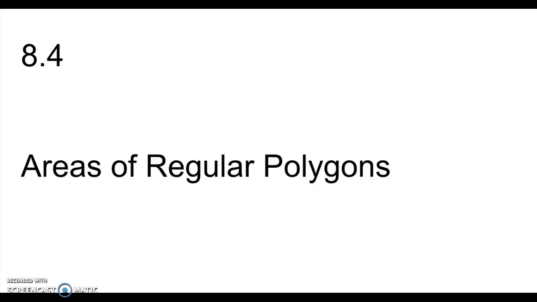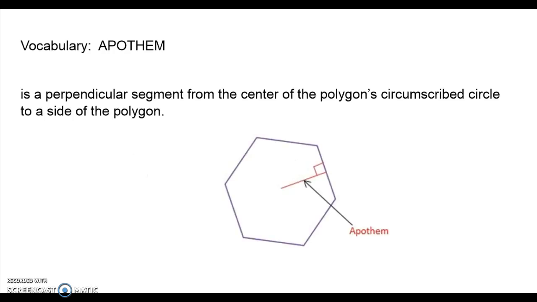Today we're going to be talking about finding areas of regular polygons. Okay, so first we need to do a little bit of vocabulary. So make sure you're writing this down. Our first vocabulary word is apothem, and this I don't think we've talked about before, maybe at the beginning of